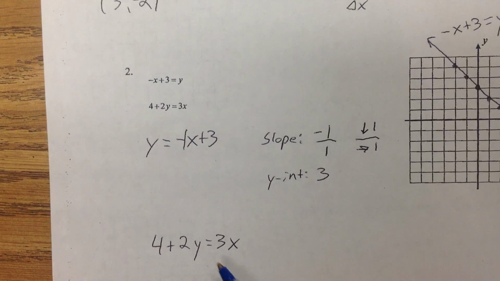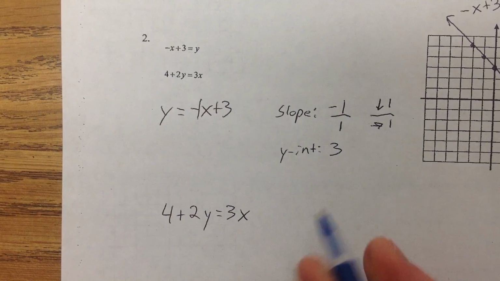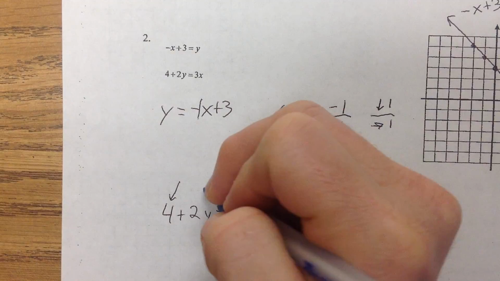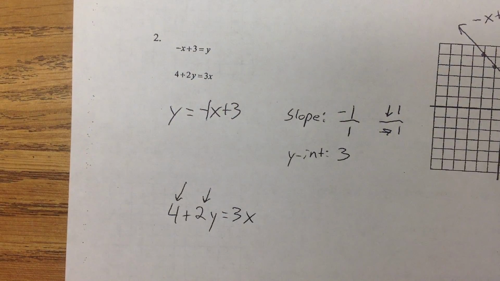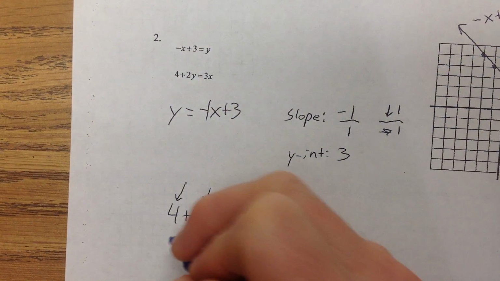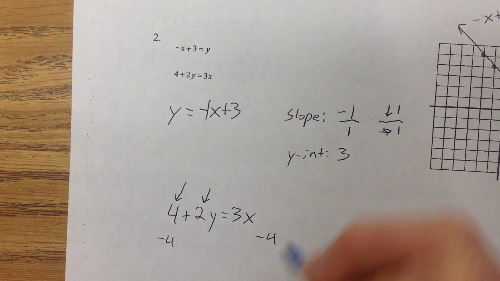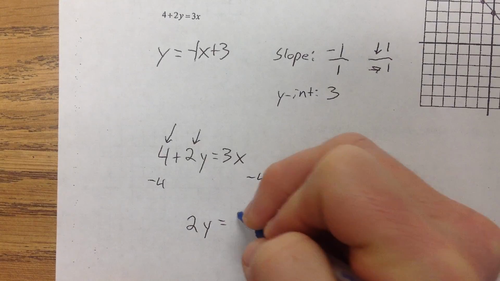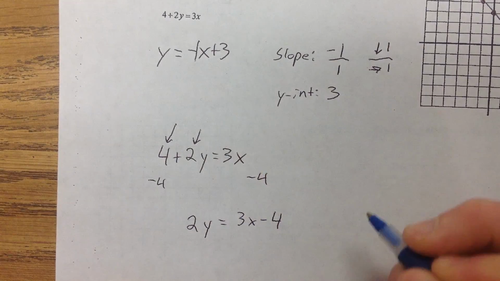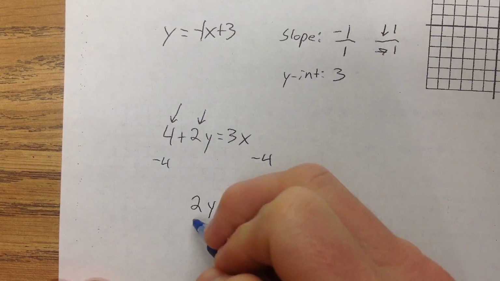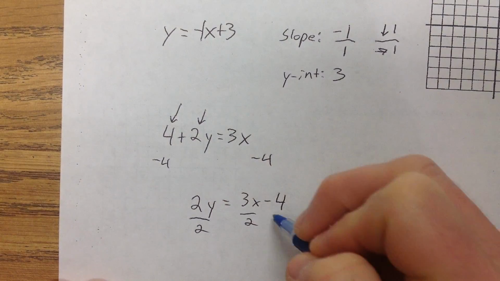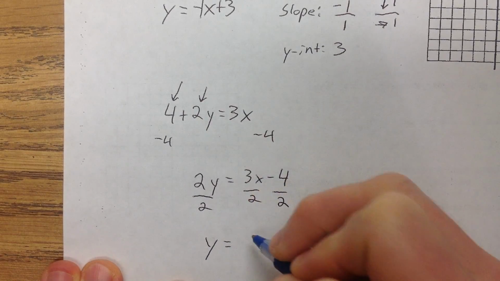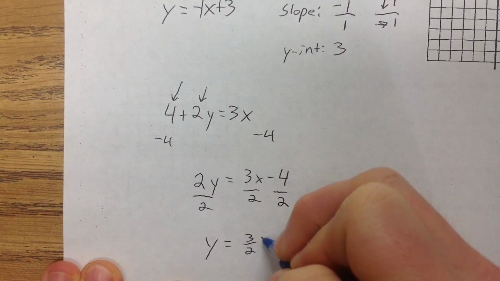You kind of want to think of the y as having an anchor. The y is not going to move. What needs to move is this 4. We got to get rid of the 4, and we got to get rid of this 2. All right, so to move a 4 from the left to the right, we're just going to subtract 4 from both sides. We get 2y equals 3x minus 4. And then to get rid of that 2, we're just going to divide both sides by 2. And we'll get y equals 3 over 2x